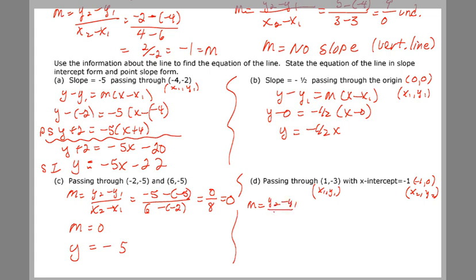y2 minus y1 over x2 minus x1. So y2 minus y1 will be 0 minus a negative 3. x2 minus x1 will be negative 1 minus 1. So I get 3 over negative 2, so negative 3/2. Now that I have a slope, I can use this slope and a point to use the point-slope form to calculate my equation of a line. y minus y1 equal m